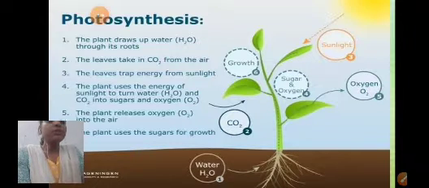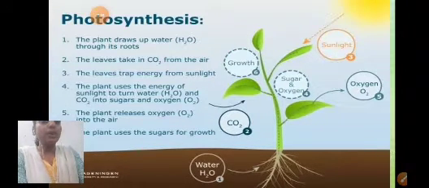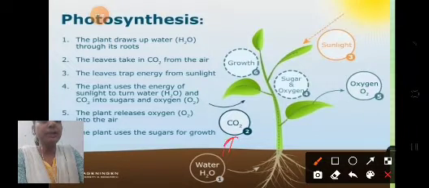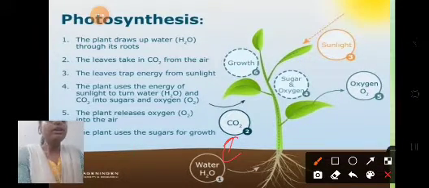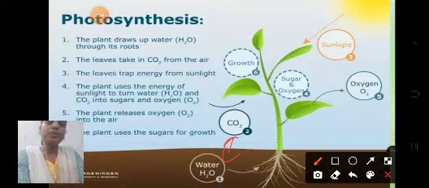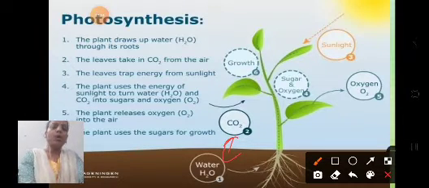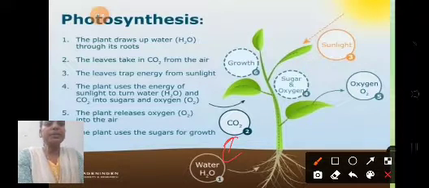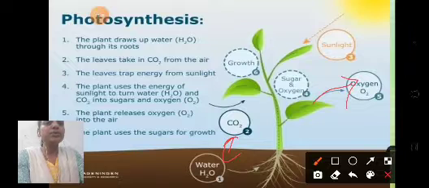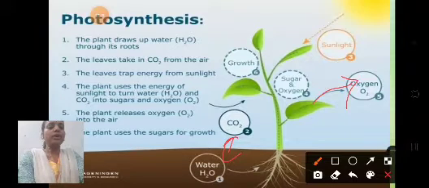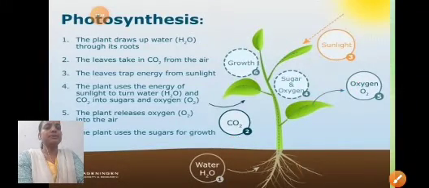During the process of photosynthesis, the carbon dioxide and water that has been taken in by the plants in the leaves will be combined with the help of the solar energy to produce sugar. Apart from sugar or glucose, oxygen and water molecules are also produced during the process of photosynthesis. This oxygen is then released into the atmosphere, or it is released into the air. The excess of water that is produced can also be released by the plants by the process of transpiration. So students, this is all about photosynthesis.